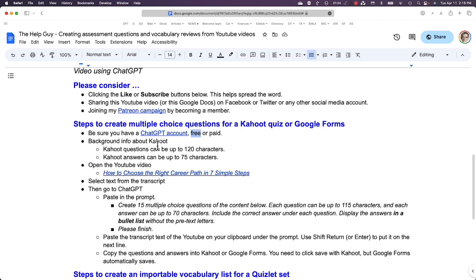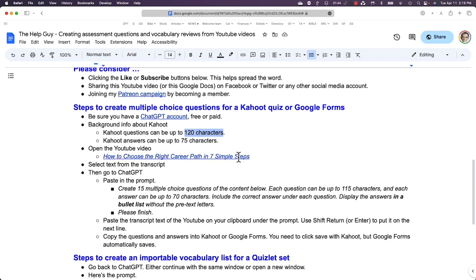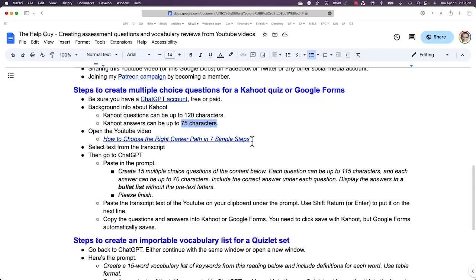So regarding Kahoot, there are some things when we make the prompt to get the questions, we want to make sure that the questions are within that range and within this range for the answers. So we're going to open this